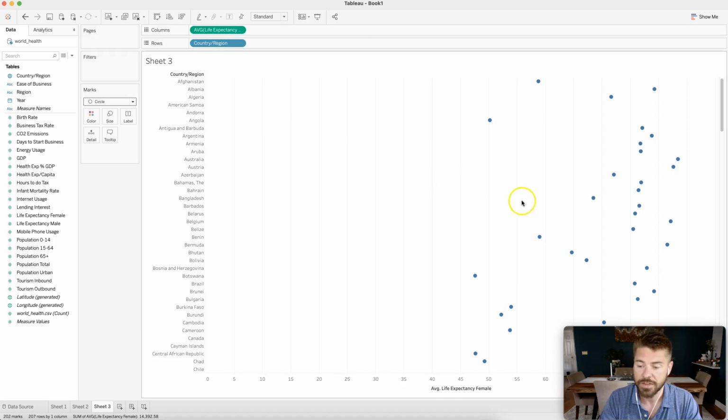Now notice that nothing's really changed here in terms of the relative position of these dots. The only thing that's changed is the axis makes more sense. That's because if they all have the same number of years, let's say there's 10 years of data in the data set, they're all getting divided by 10, so relative to one another the position stays the same, but the values are meaningful now. So we have our individual things. Now again, if our point was to